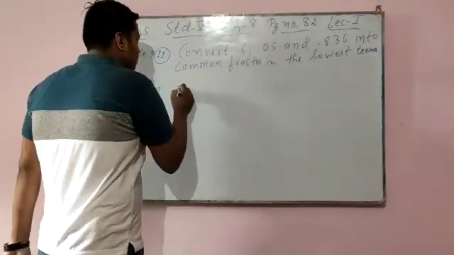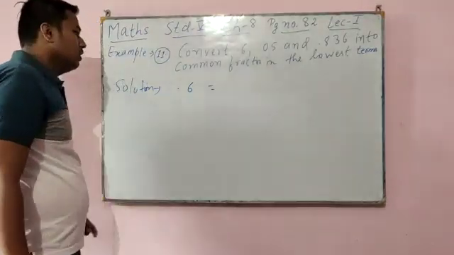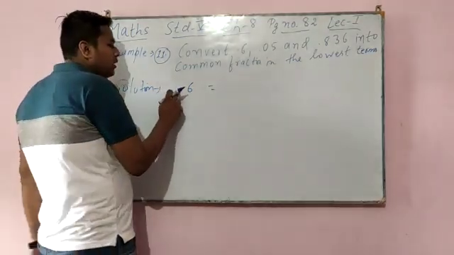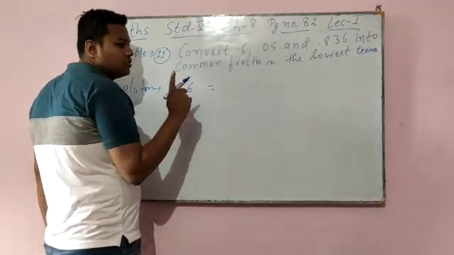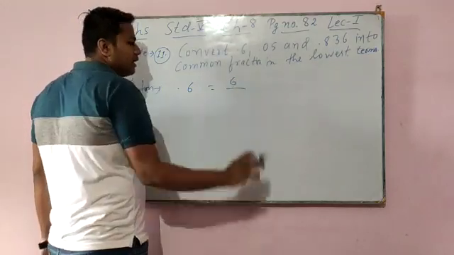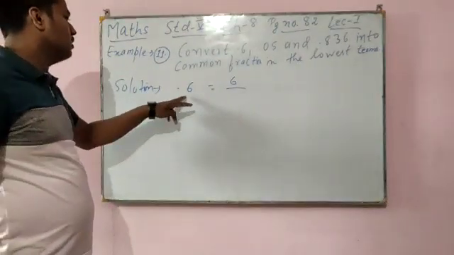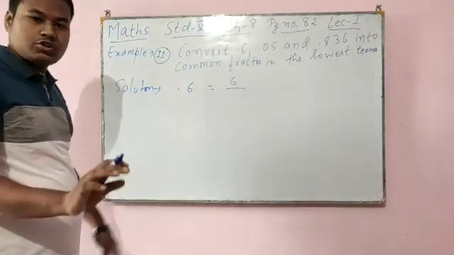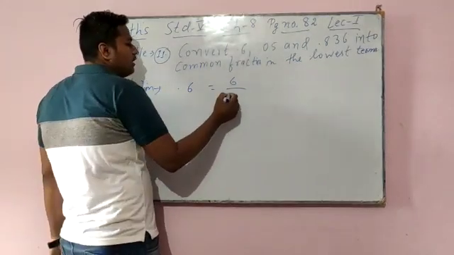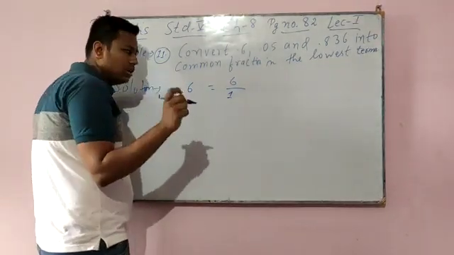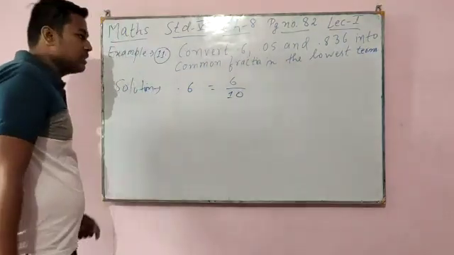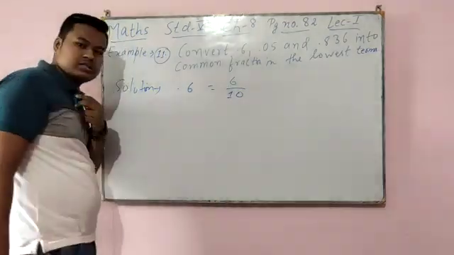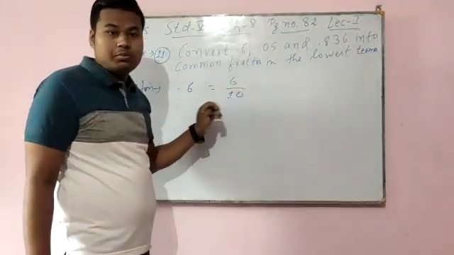So first we will see decimal 6. See, before the decimal no number is there. After the decimal there is only one number, 6, so that 6 we will take as the numerator. The decimal we will take as 1, and after the decimal only one number is there, so put 1 0. So the numerator is over. Now come to the denominator.